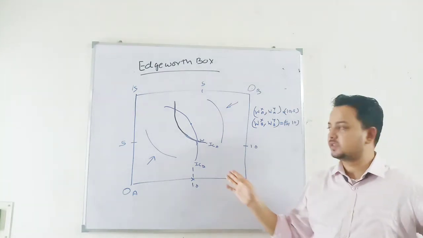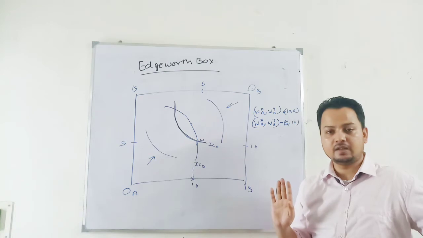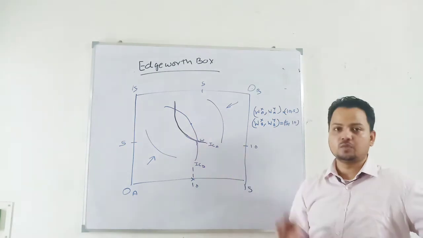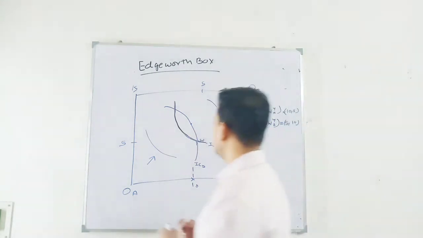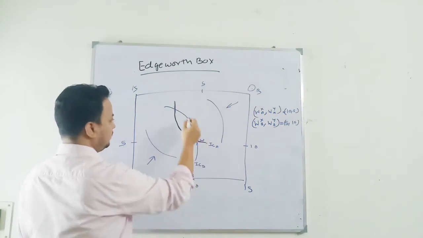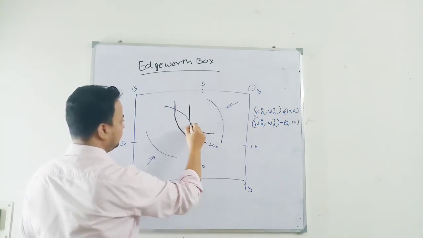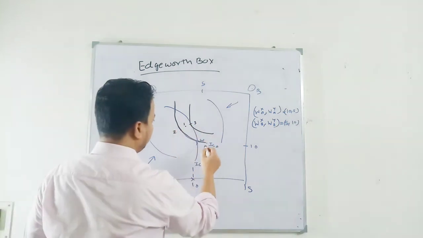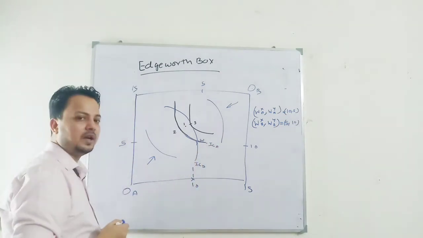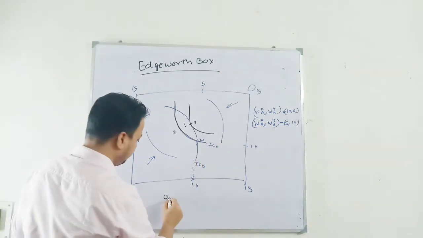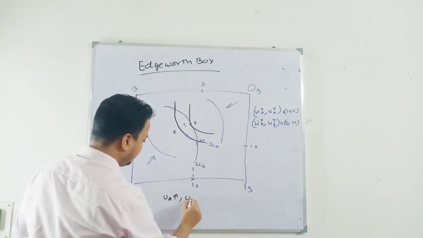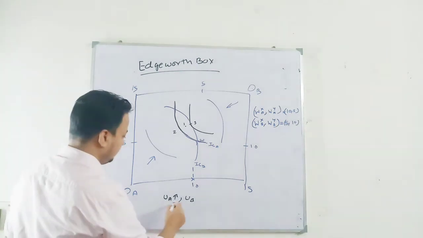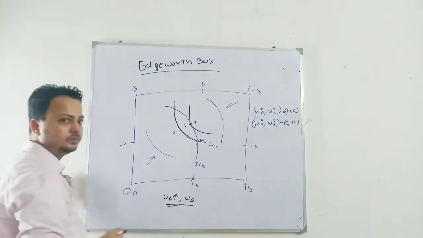So when it is possible to make someone better off without making another worse off, it is a Pareto improvement. I am not making anyone worse off, but I am able to make someone better off. So let's make this person better off at point 3. This is point 3, here I have point 1, here I have point 2. So what is happening here? Consumer A moves to a higher indifference curve, so the utility of A increases without impacting the utility of B. So you have a Pareto improvement at point 3.